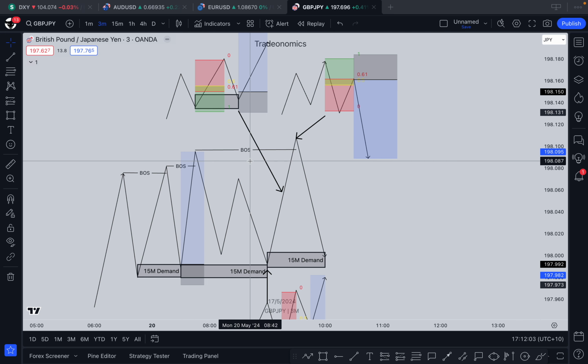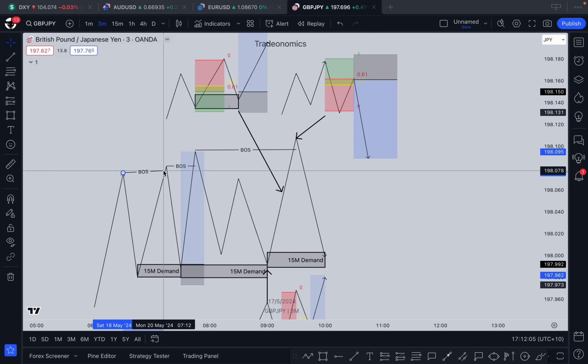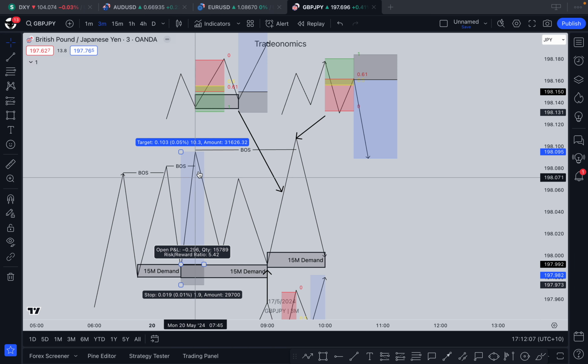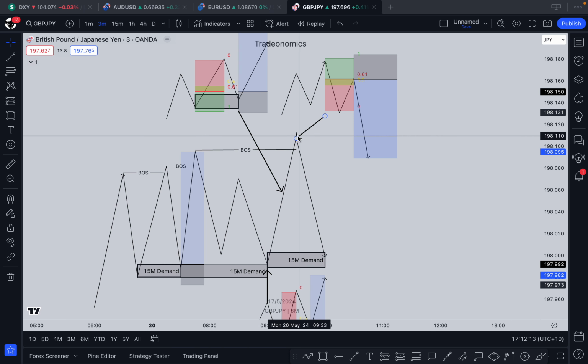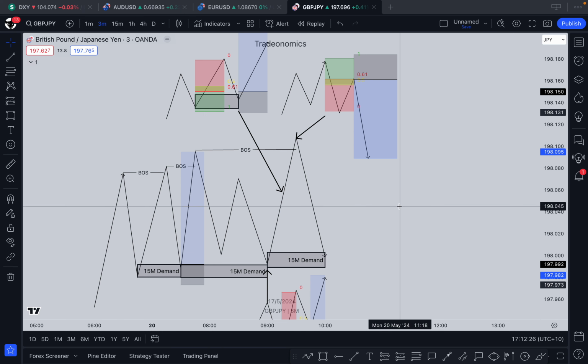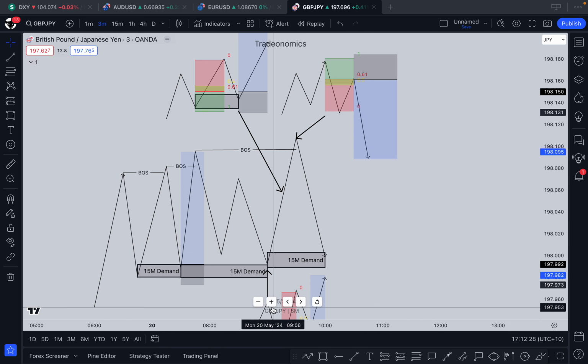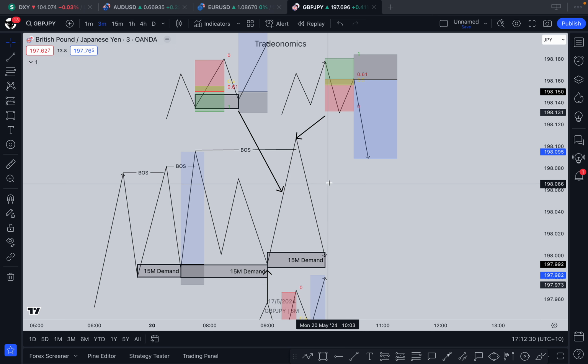So say for example, we have a clear 15-minute break. Remember, this is the 15-minute time frame. And then we're like, okay, cool. What do we expect after this 15-minute break? A retracement, right? We have our returner structure where we wait for a break of structure and then we'll catch the move up. So this is the same thing but inverse.